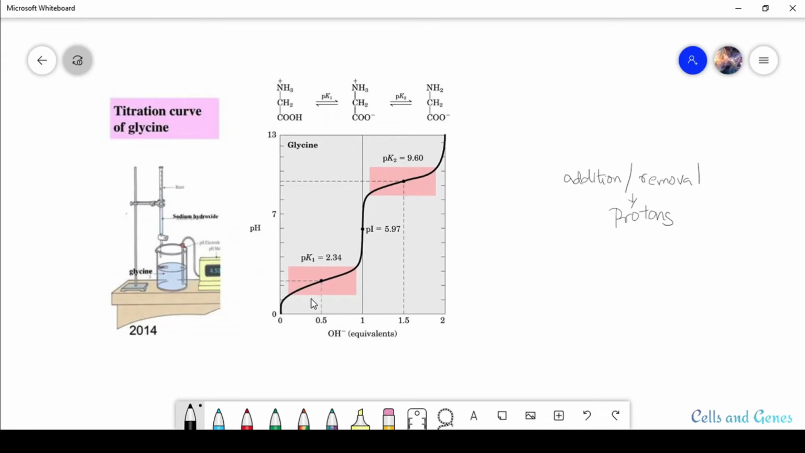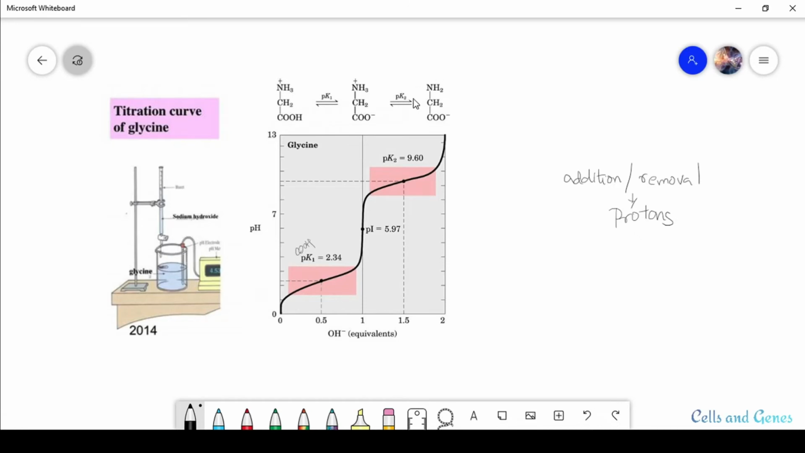So at the midpoint of titration, the pH is equal to pK1, and it is 2.34 for the carboxylic group. The pH at the midpoint is 2.34. Thus the carboxylic group has the pK1 of 2.34. And here in the second stage, there is a removal of proton